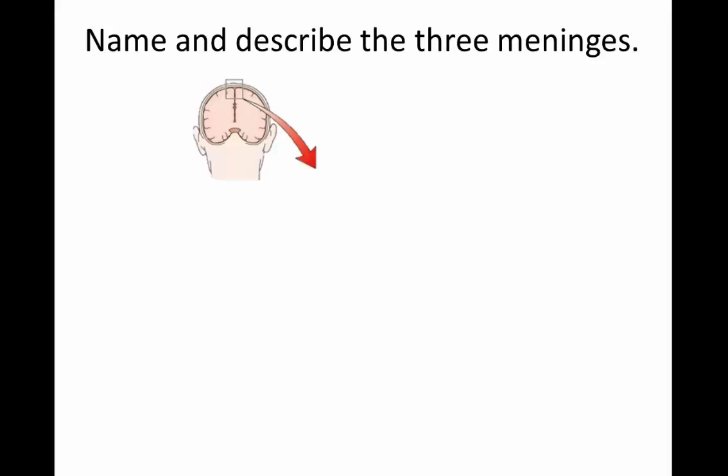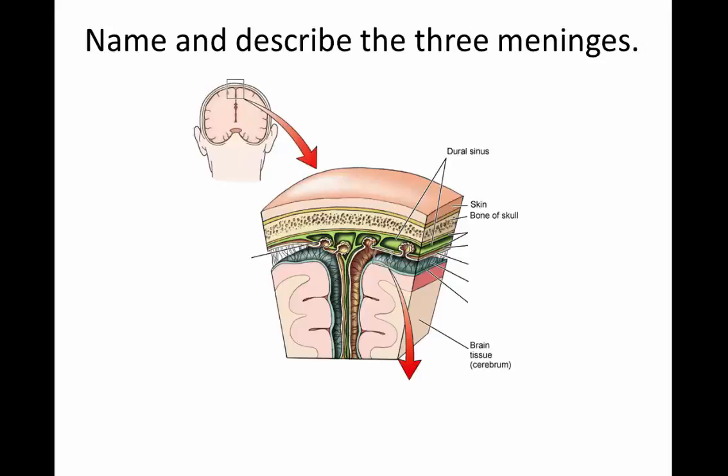If we were to cross-section through this region of the brain here and zoom in, this is what we would see. You can see the skin and the bone of the skull that ultimately serve as protection for the brain, just like we have the vertebral bones that provide protection to the spinal cord. But we also have the meninges. And these are different layers that we want to look at now that provide protection and cushioning for the brain